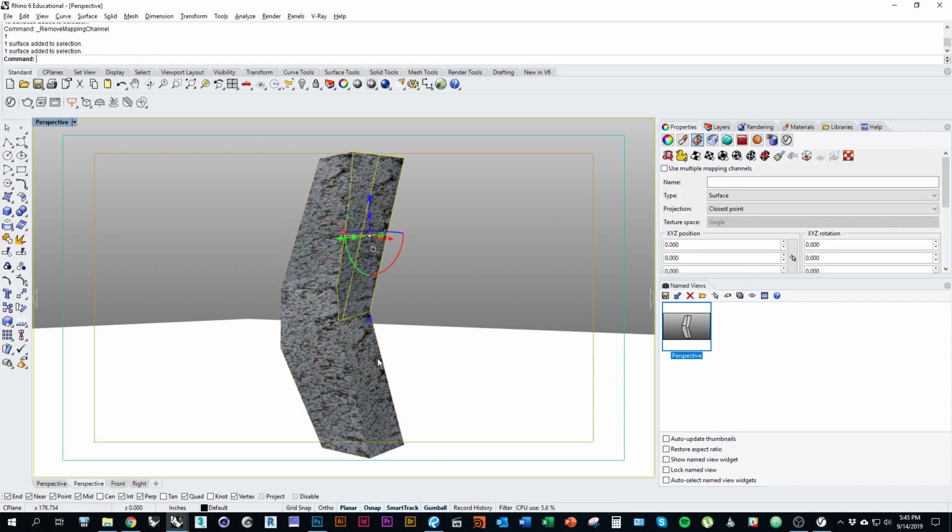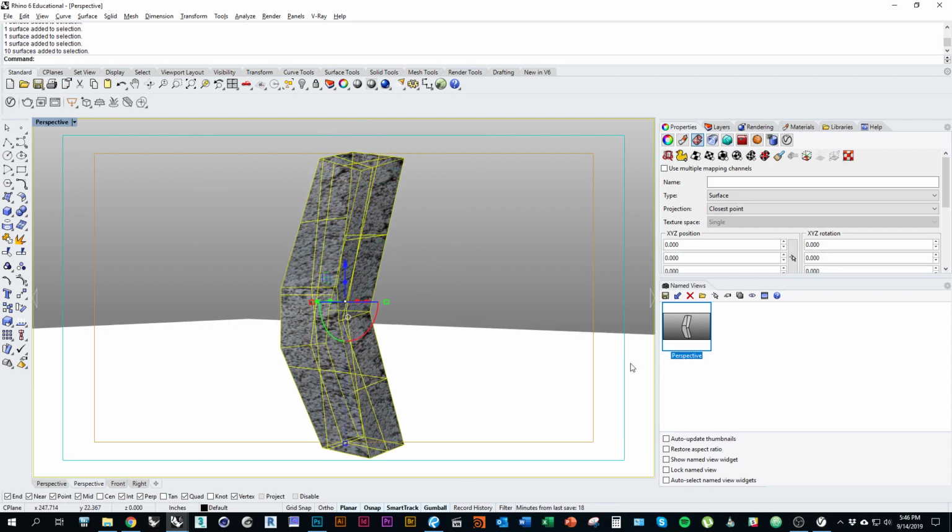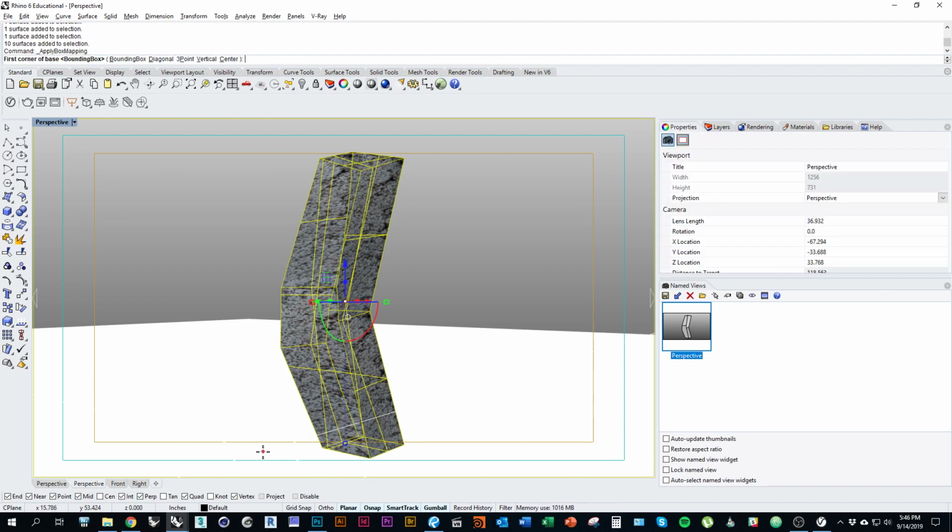So it's mapping it by stretching your texture across the whole thing. But we can make it look a little more consistent, especially in the case of rammed earth or layered material. We're actually just going to use the option to apply box mapping. So select your whole object, go to properties, go to texture mapping right here, and click apply box mapping. So I can click in the viewport now and draw a box. I'm going to draw mine kind of shallow because of the shape of my